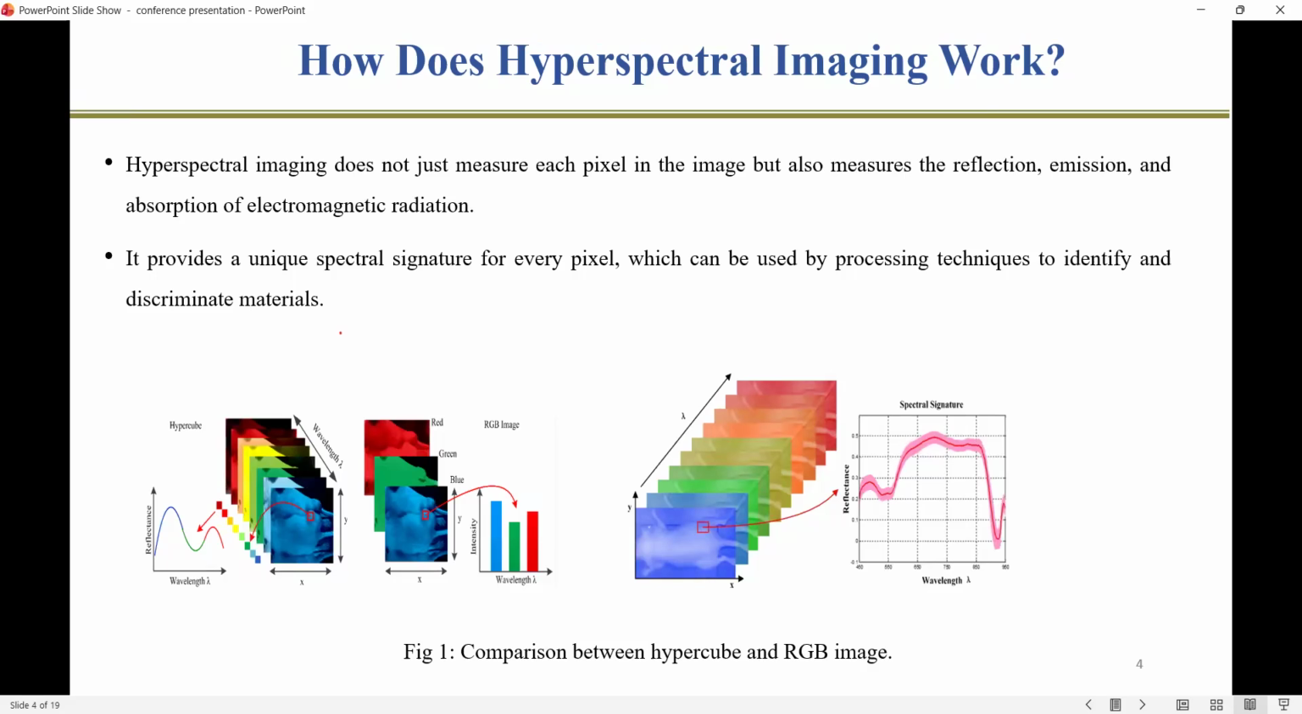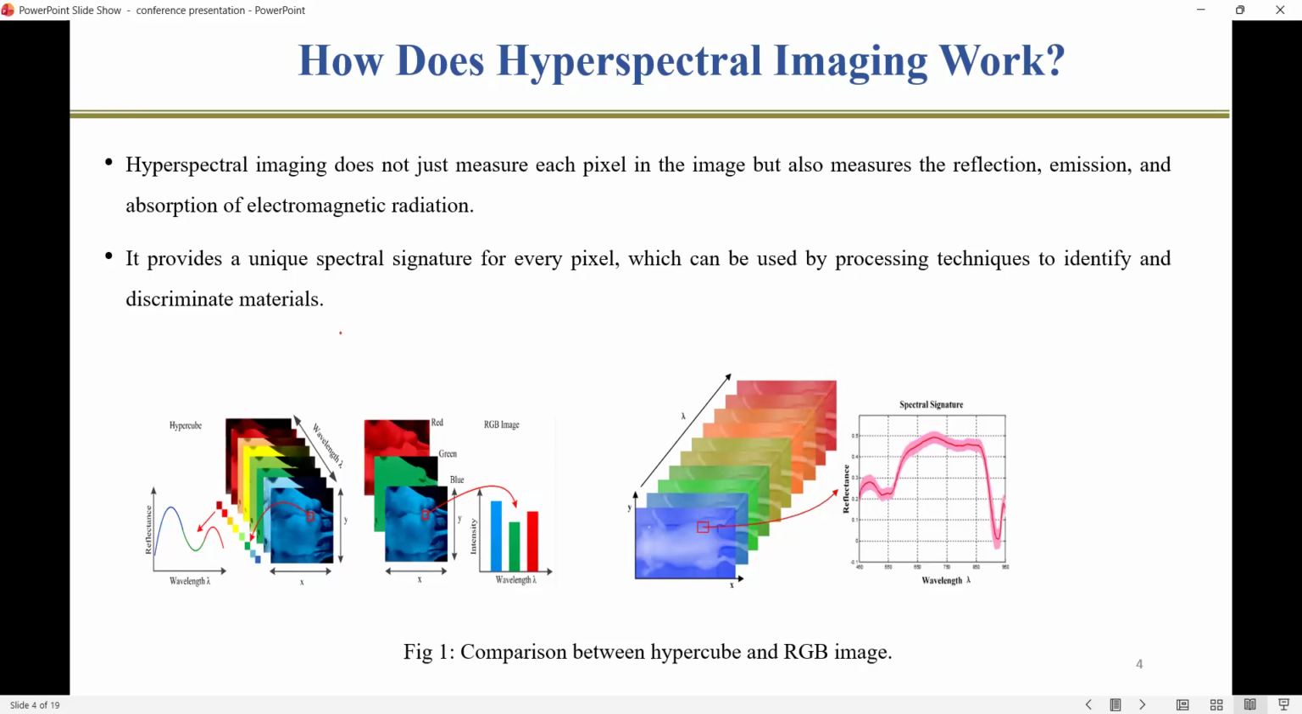Hyperspectral imaging does not just measure each pixel in the image, but also measures the reflection, emission, and absorption of electromagnetic radiation. It provides a unique spectrum for each pixel, which can be used with processing techniques to identify and discriminate the materials. In the figure below, you can see